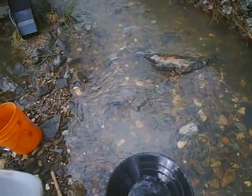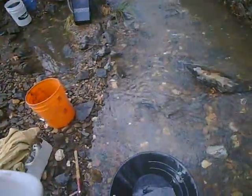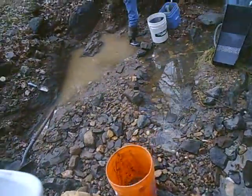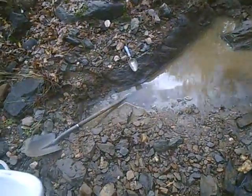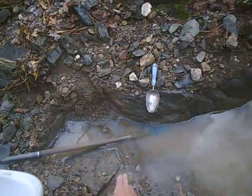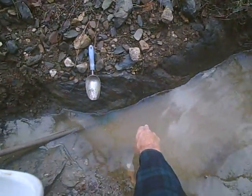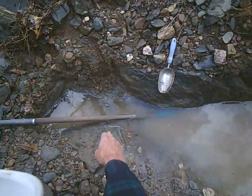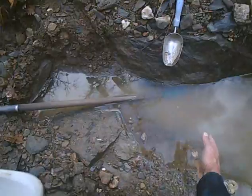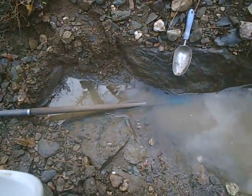And I'm going to change positions and see what else I can find in this gravel bar. Right over here where I was working, you can see we're all gravel bar right down here. This is bedrock, right? And that's bedrock over there. There's a little channel that runs right down here, and I'm trying to clean that channel out. And I went ahead and there was all this overburden material right from here, right on back. And that's the material that I processed through the